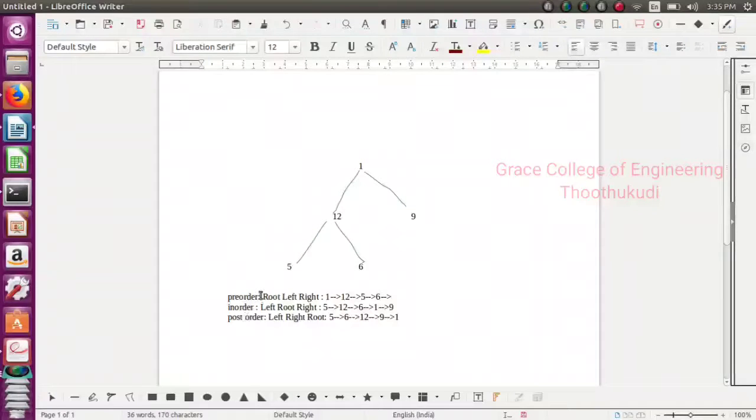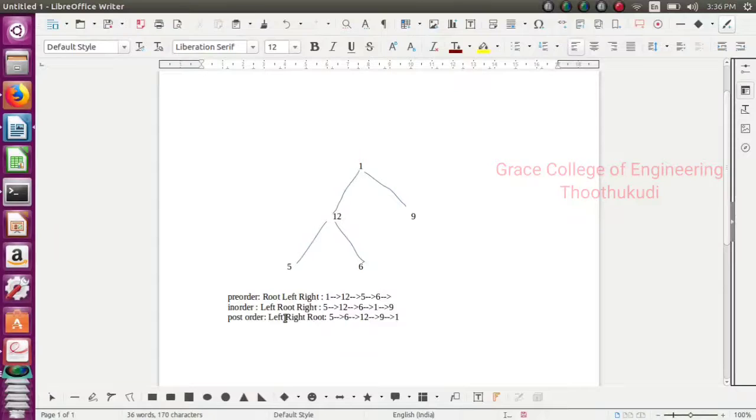Pre-order means visit the root node first, then process the left child, then process the right. So first root, then left, then right. This is pre-order traversal. Next, the in-order traversal of a binary tree means first process the left subtree, then visit the root node, then the right subtree.